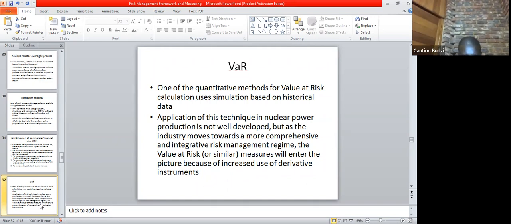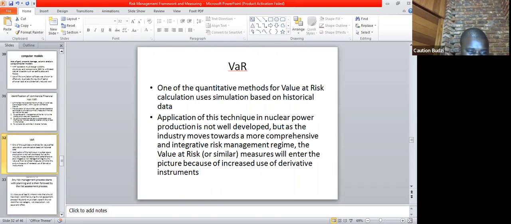So although it is not common in the nuclear power plants due to technology and the advancement of different financial instruments in the nuclear power production, the value at risk is slowly gaining significance. So it can be one of the techniques used for the identification of risks. So these were my suggestions,